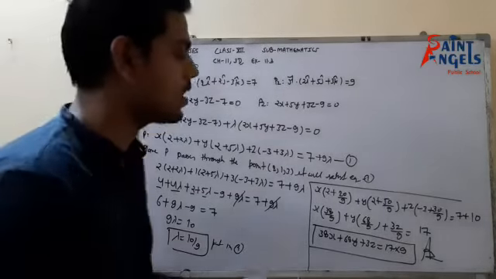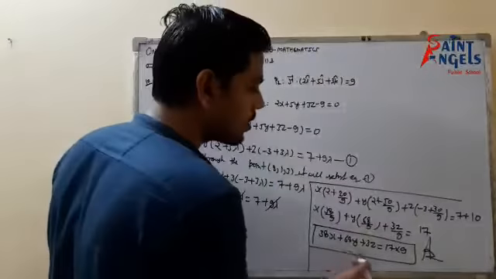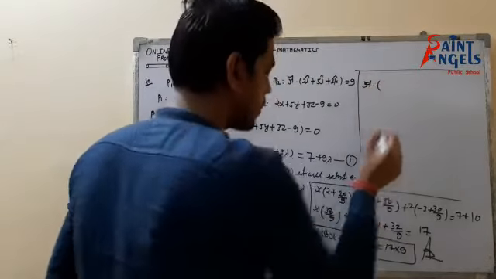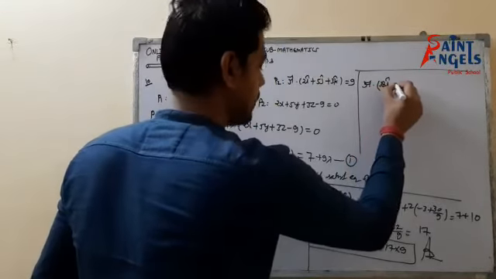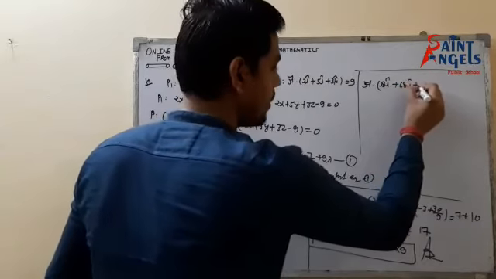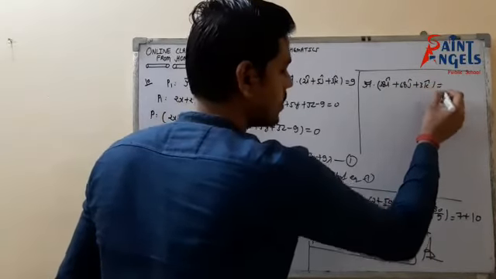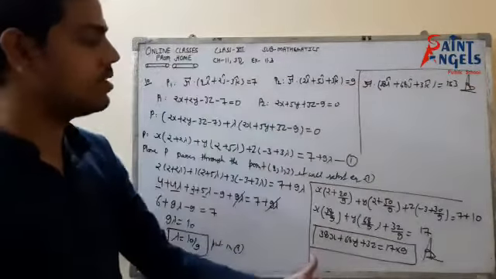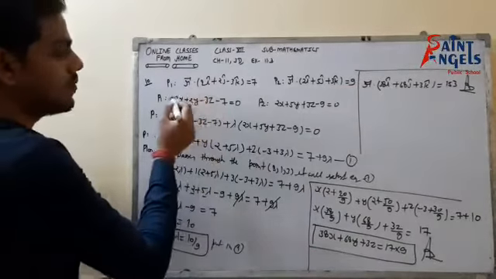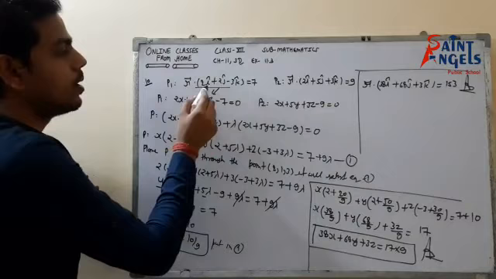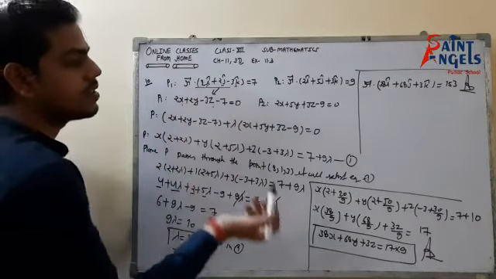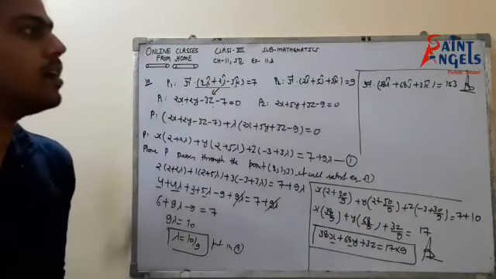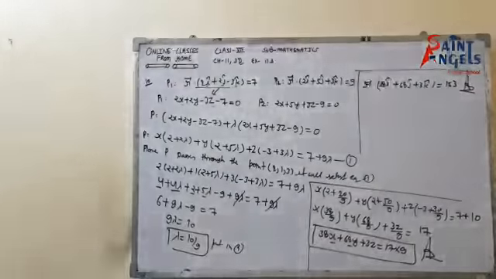Beta, we have to find the vector equation of the plane as well. So this is the normal vector. So the vector equation would be r vector dot (38 i cap plus 68 j cap plus 3 k cap) equals 153. So this is the vector equation and this is the Cartesian equation. Here, when I converted vector to Cartesian, what I did was replace i, j and k by x, y, z. Now again I have done what? x, y, z replaced by i, j and k. That is how we can find the vector equation from the Cartesian equation. So please pause the video and note it down.